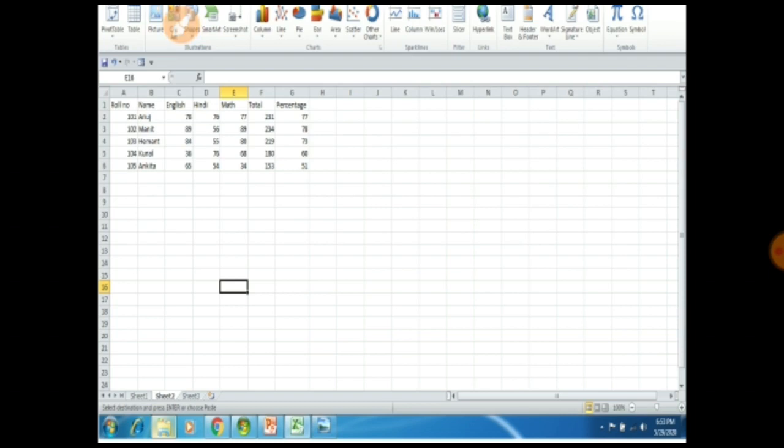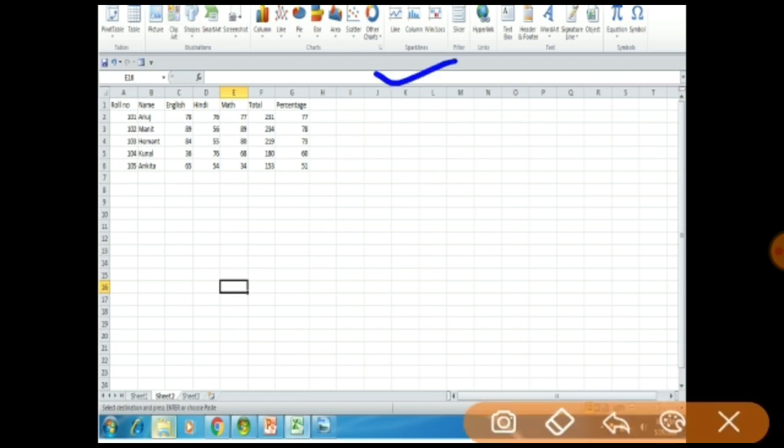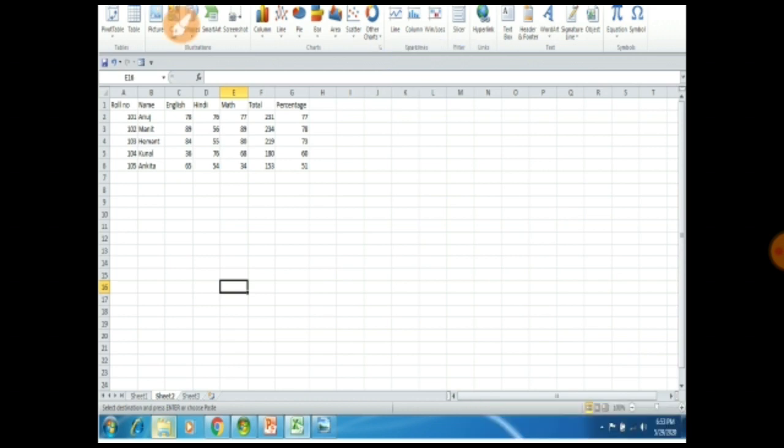Now we have to check the sparklines. Sparklines means what? If you want to check some basic graph value of a single candidate, you just have to use sparklines. Here you can see again we are having the sparkline group where three options are given: line, column, and win/loss. First of all we have to choose the line option, right?